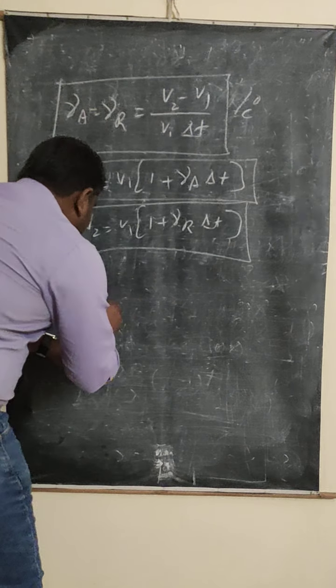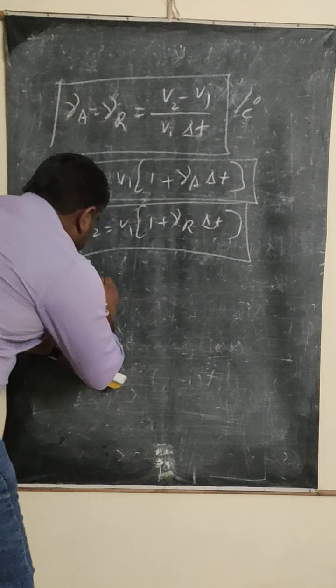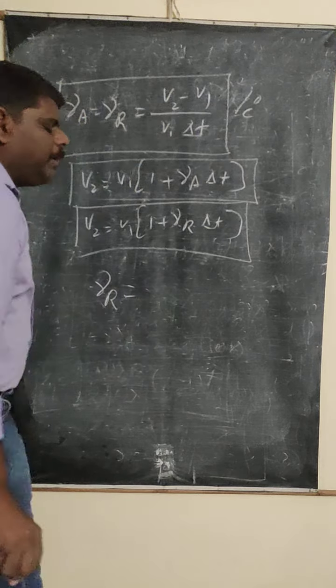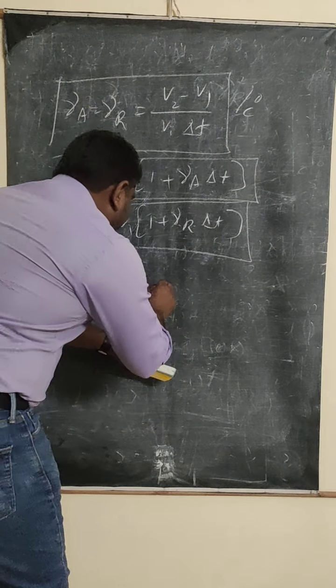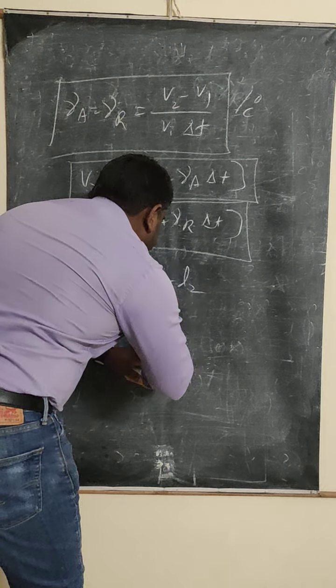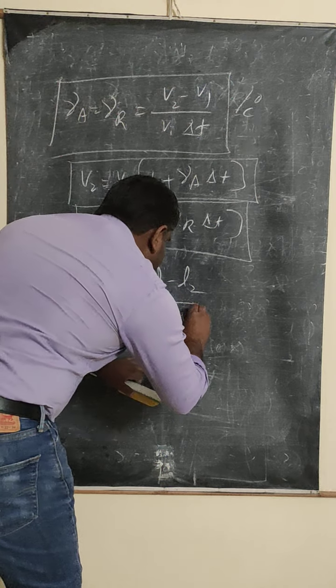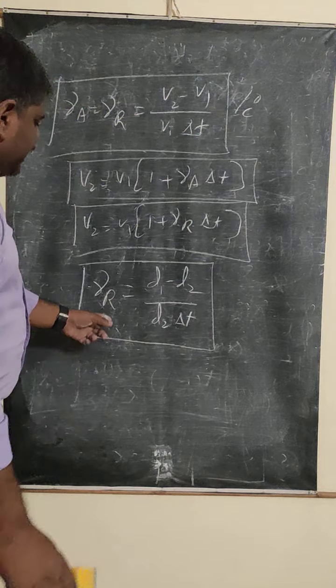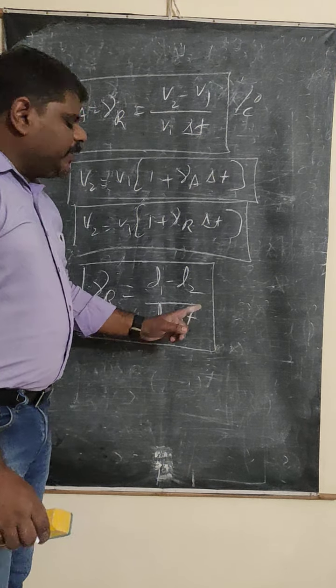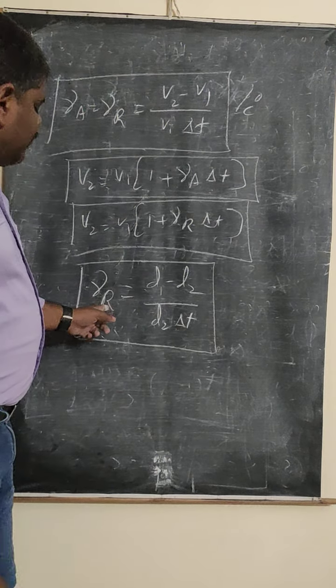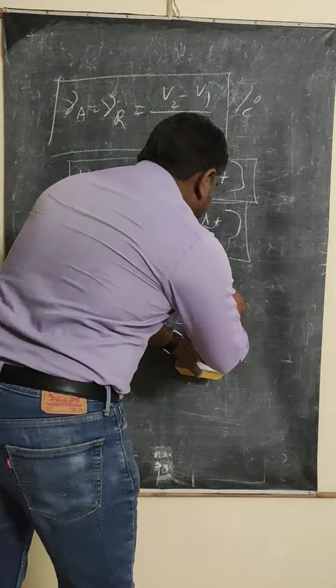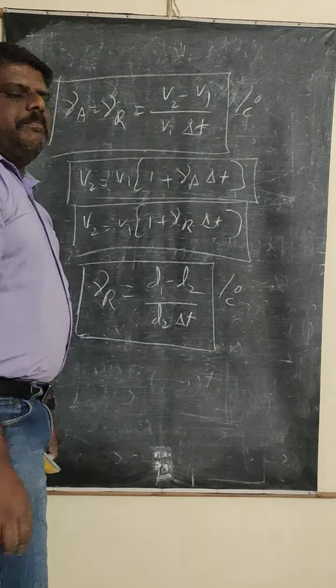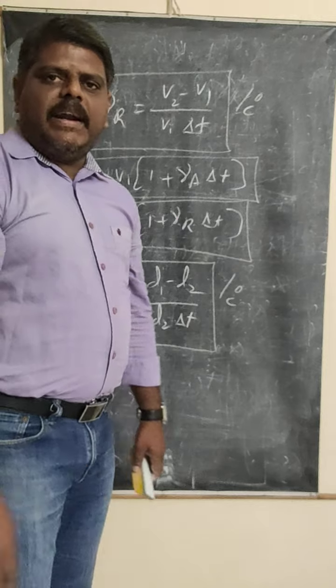So the coefficient of real expansion, gamma R, in terms of densities, you can write as gamma R is equal to (D1 minus D2) by D2 into delta T. This is the coefficient of real expansion, and the units will be per degree Celsius. Now, if I write down the final density formula,